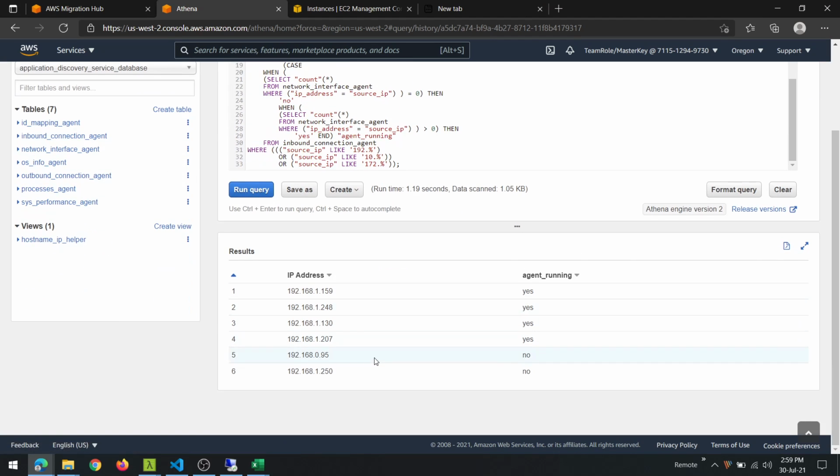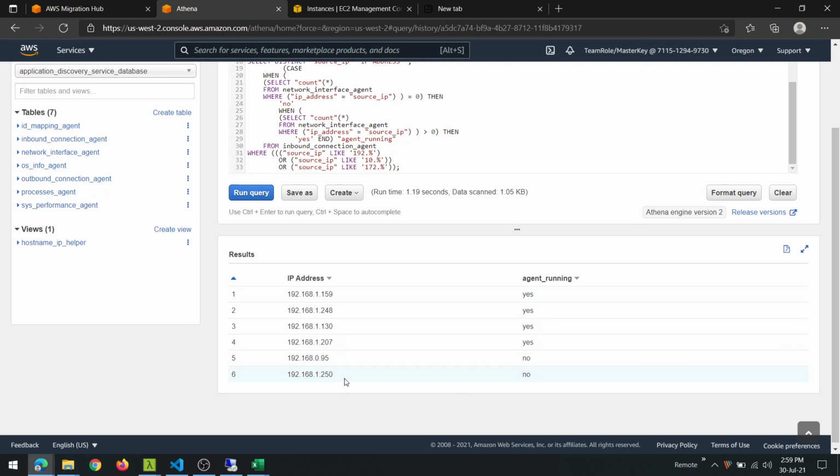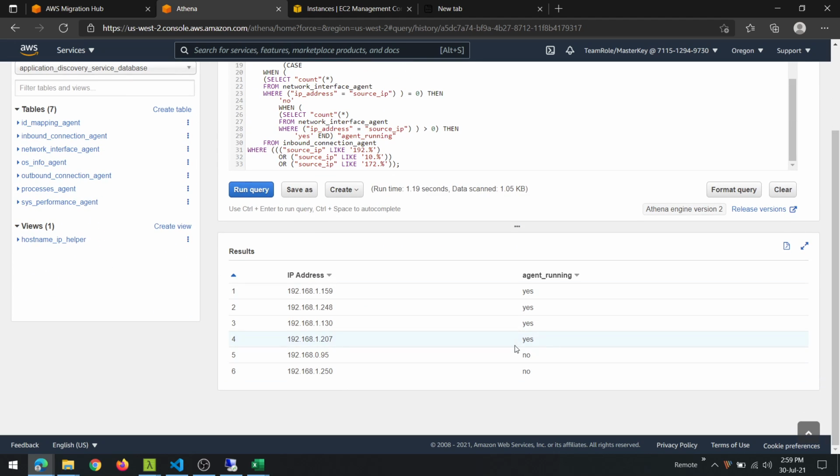So here is a list of all IP addresses captured in the network traffic and which of these IP addresses are servers that have your agent running. So based on this query, you are able to identify any additional IP addresses within your data center that your application may be dependent on or interacting with, but you have not accounted for them in your initial deployment of ADS agents. So maybe that's something you may want to go back and check.